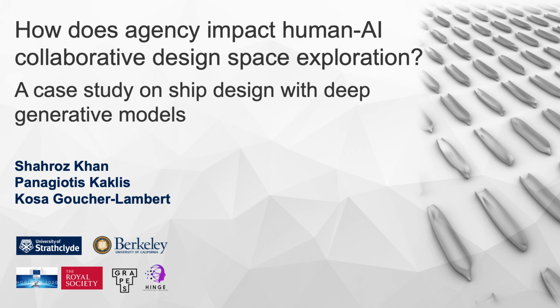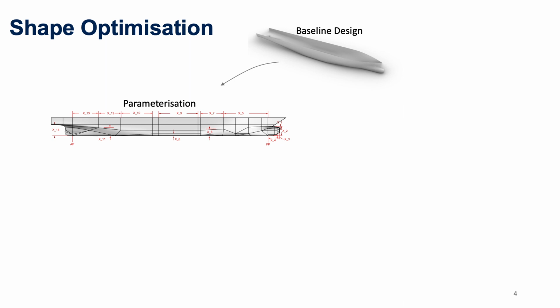The only industry-standard way to automate this design process is through shape optimization. Let me give you a brief overview of what a typical shape optimization looks like. Consider that we have a baseline design, in this case a shape, and the objective is to reduce its drag or resistance. We will first select a baseline design and parameterize it with a set of design parameters to seamlessly